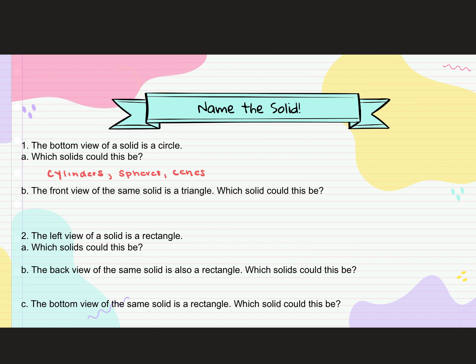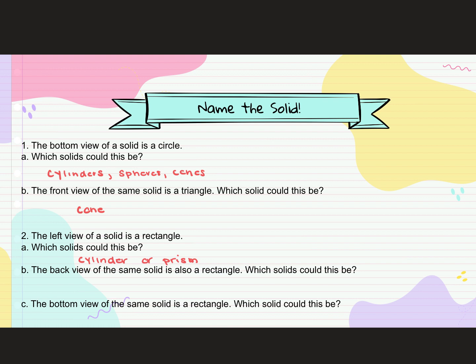Which could this be? So between a cylinder, sphere, and a cone, which one would have a front view of a triangle? That would be a cone. All right, number 2 says the left view of a solid is a rectangle. What could this be? All right, so thinking in terms of which solids have a left view of a rectangle, we have cylinder, or prism. So thinking of a rectangular prism,